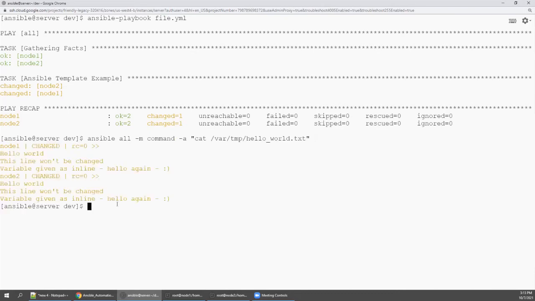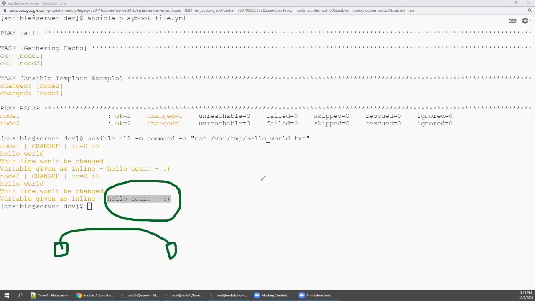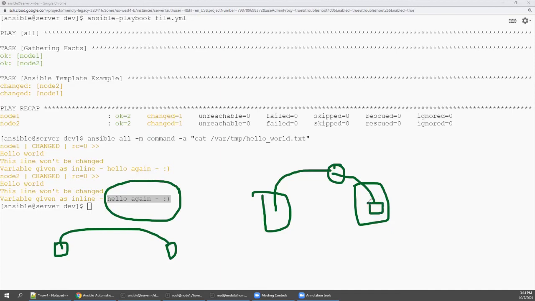Now we will see what happened in this file. See here, now it got replaced. When we use the template module, the value gets replaced. But when we use the copy module, it takes this file and puts it here as it is. With the template module, the same file is picked up, but while copying to the other machine it replaces the variable value, and then it gets stored, right?